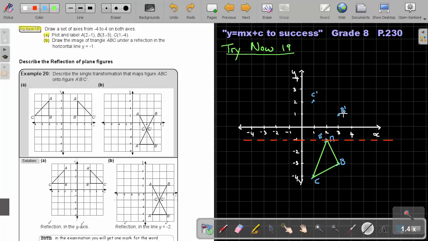And then I'm just going to connect my points again. What will I use? Will I use blue? Oh, I can use blue. So I'm just basically connecting, and connecting. And then this figure is reflected in the line y equals -1.